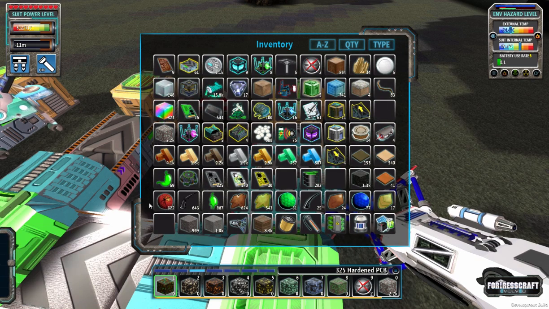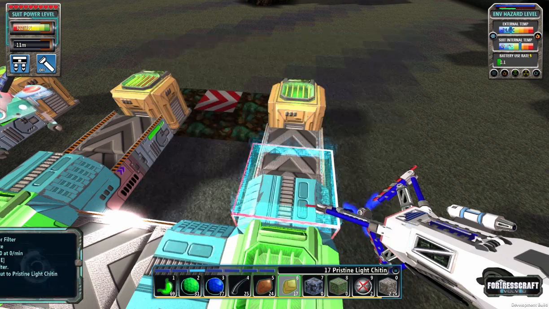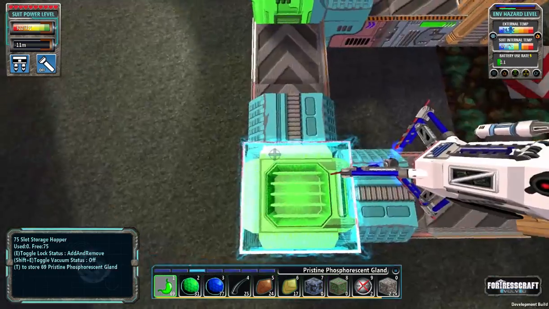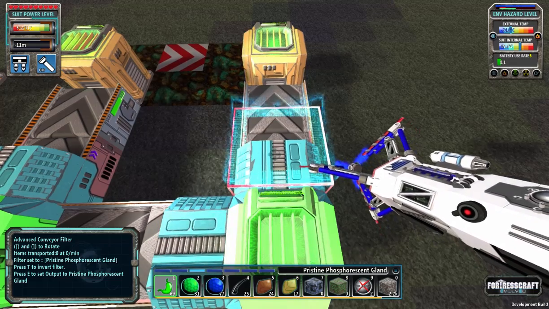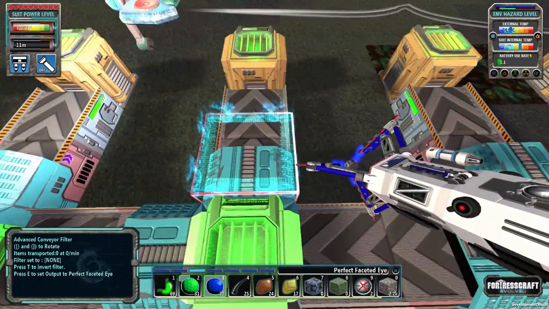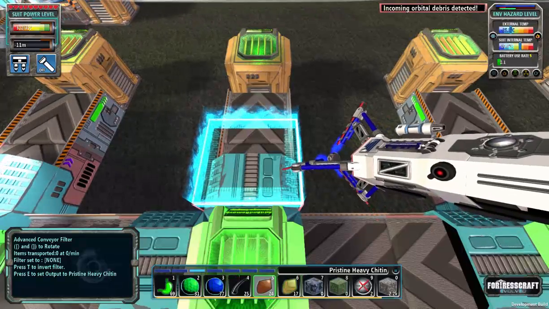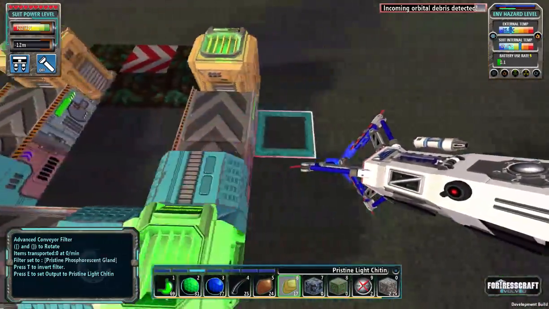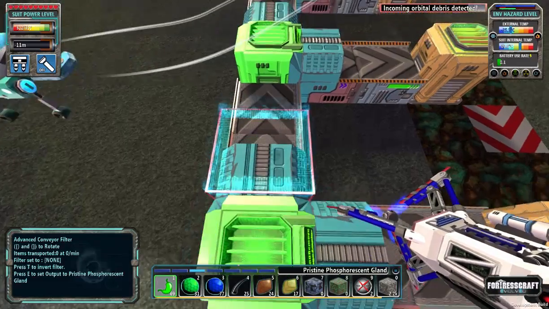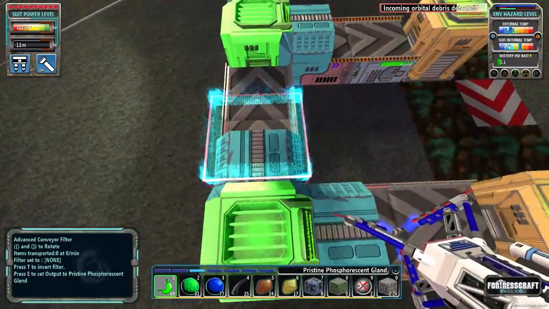So let's count them down. We've got pristine gland, these two eyes, stingers, chitin, just like that. So for processing, let's set a filter for each of these. I'm going to skip this one. Okay, so light, heavy, stinger, skipped. Perfect. Okay. The next thing is an invert to make sure only the pristines make it through here and none